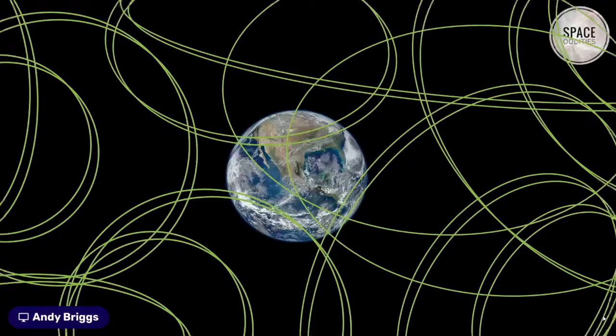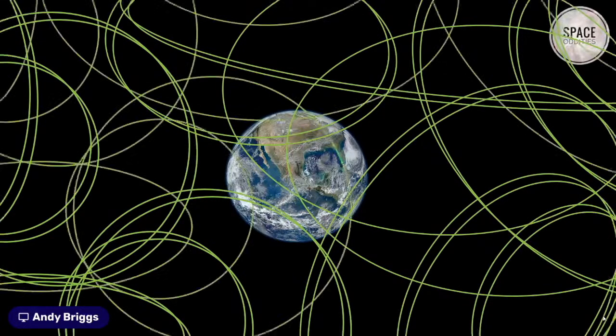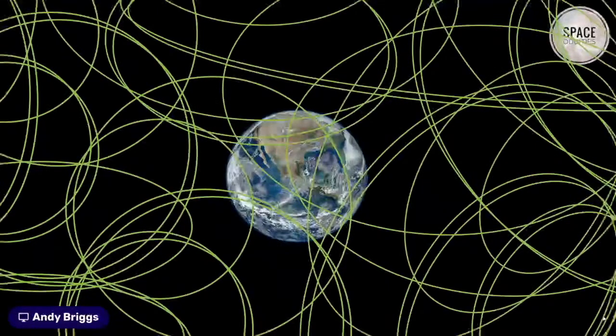So in the history of the universe, all of these mergers, and there have probably been countless mergers between supermassive black holes, all of these gravitational waves come together over time to form this background hum, if you like, of gravitational waves in the universe. And this is what they've now detected with the pulsar